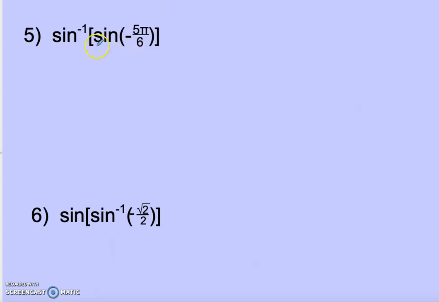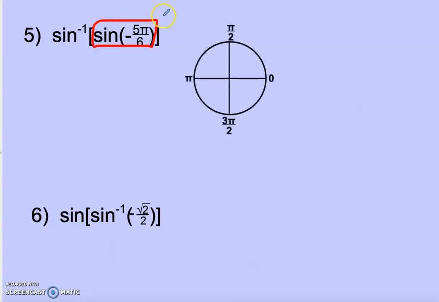Okay, welcome back. Hopefully you started with the innermost set. That is a unit circle value. So we go into our unit circle. -5 pi over 6 puts us right there at that shallow angle. So this becomes the arcsine of that shallow angle, which is, I think I need to write it, 7 pi over 6. So what is the sine of that value? Well, that's -1/2. It's a shallow angle. So now we're talking